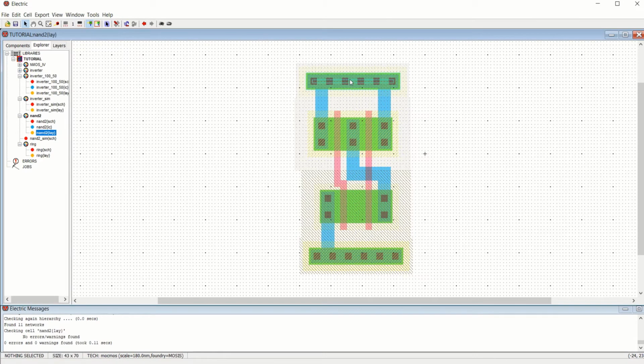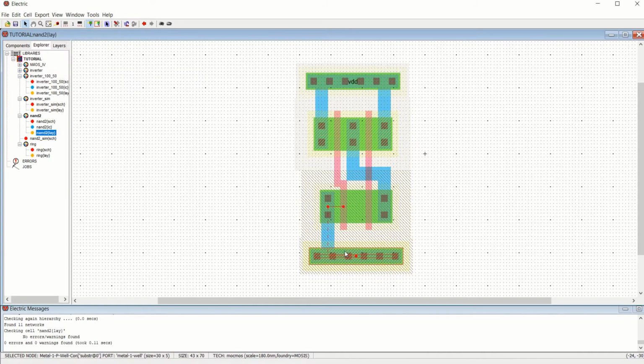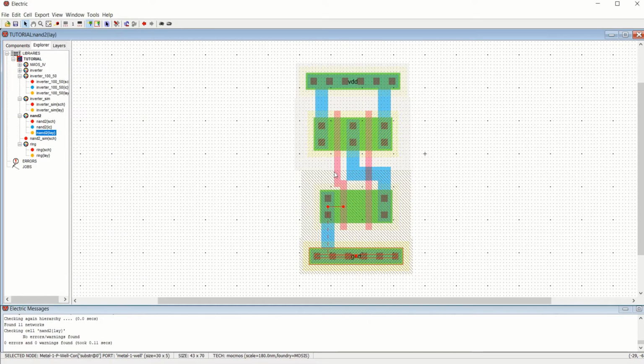Okay, prior to that, just try to export the pin as VDD. It has VDD, and this one as ground, GND. And you have to give the export to the input pins. So this is your input pin 1 and 2 polysilicons, 2 input pins.